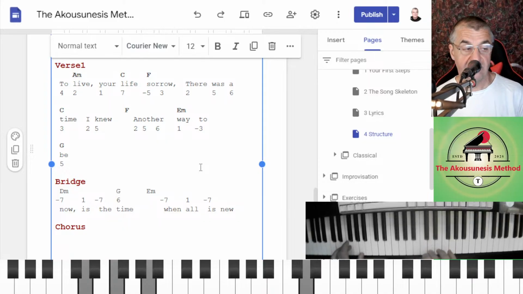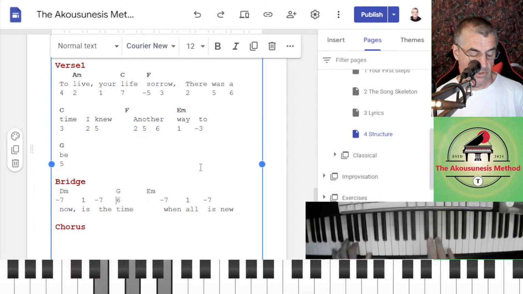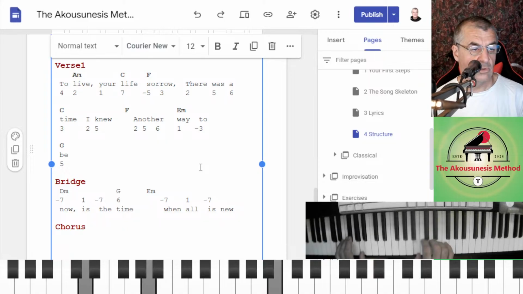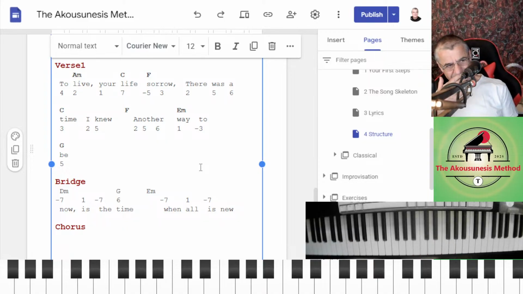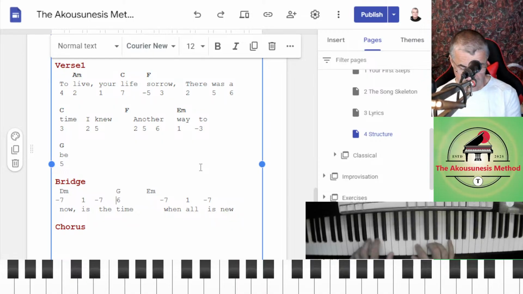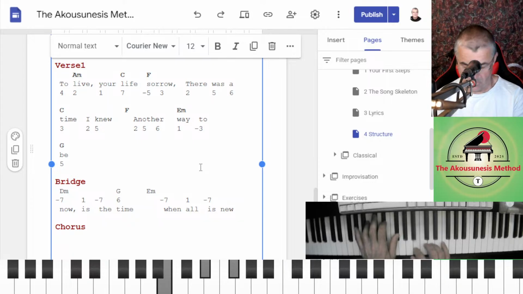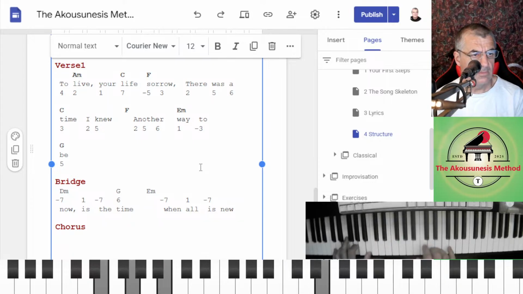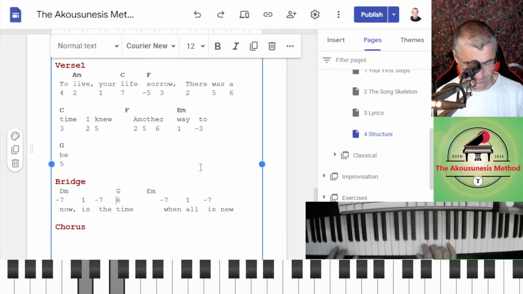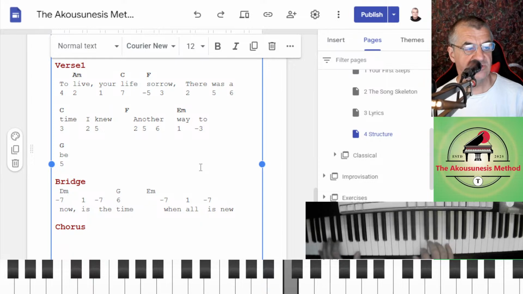No, it doesn't go back to. Where's it going? What's the chord? Is it a new chord? What is it? When all is new. The time. Is it back to G?